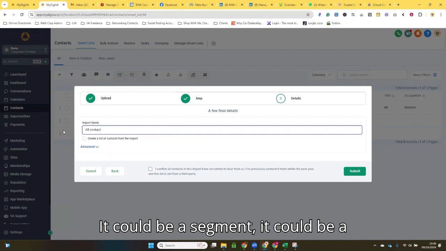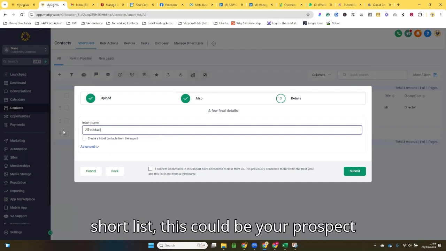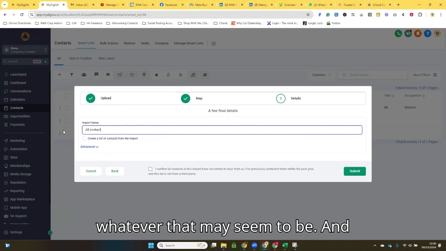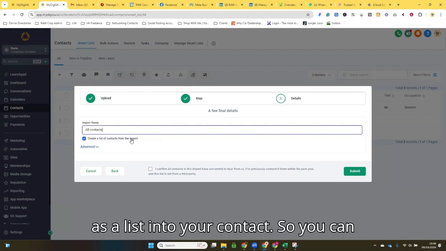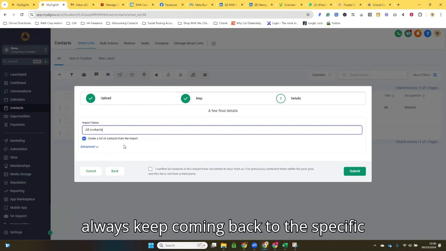It could be a shorter list. This could be your prospect list. It could be your customer list, whatever that may need to be. And if we want to add this as a list into your contacts, so you can always keep coming back to this specific list,